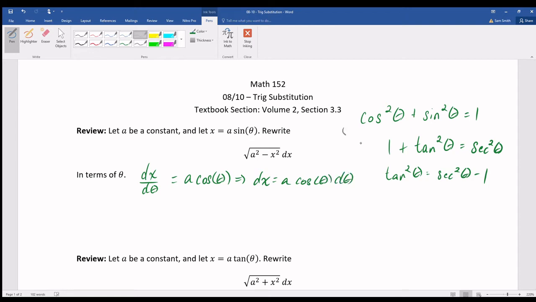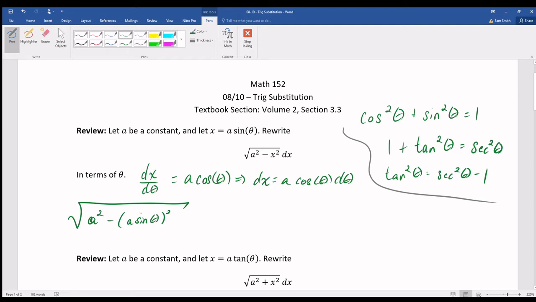Let's put a little bridge in here. Now, having figured out what dx is in terms of d theta and theta, and now knowing what x is, I can plug in a sine theta squared instead of x squared, and instead of dx, I will put in a cosine theta d theta. Now, this radicand, this quantity under the square root, becomes a squared sine squared theta,